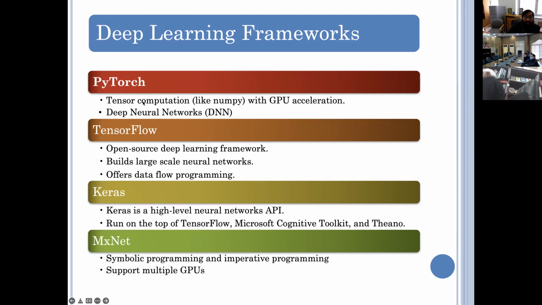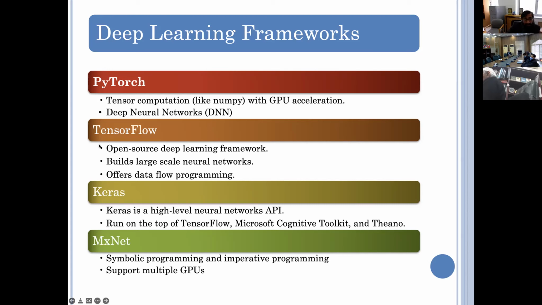PyTorch is very good because it also uses GPU accelerators to improve performance. Underlying it, all types of deep learning neural networks are available. You can implement them. There's TensorFlow, which is also an open source deep learning framework, also supported by Google Colab. I will talk about that in the next slide. And then we have Keras, which is also Python based, but Keras is high level and TensorFlow is low level.